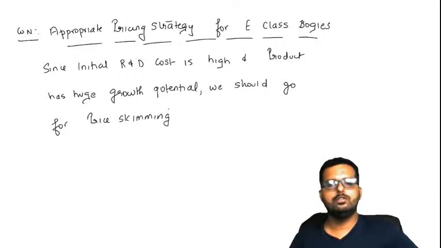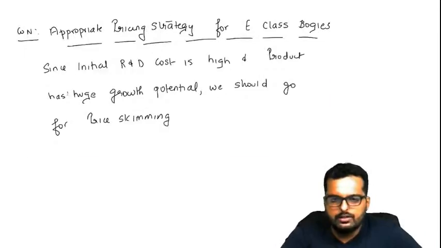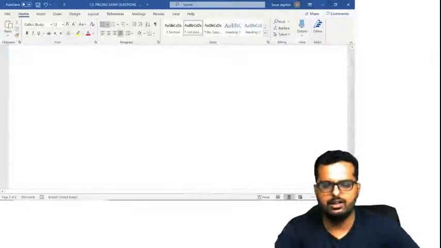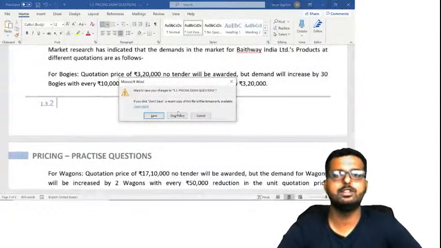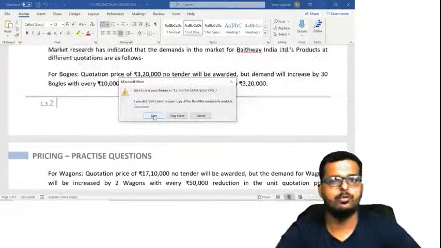Alright friends, everybody is clear with this part. So friends, we are done with this question also, and ideally we are done with this chapter of pricing. But friends, there are some new questions which have come in the study material which I want to work out,